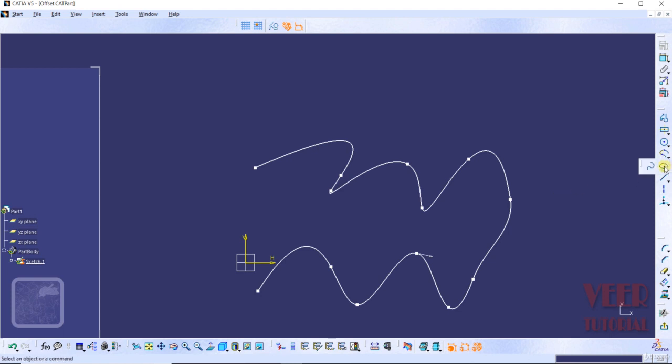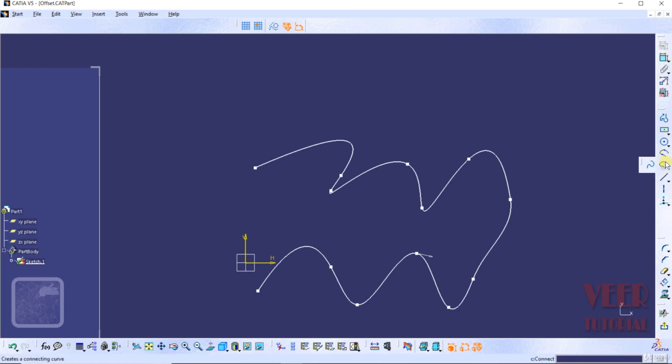Similarly, once again I go to connect. We can also connect it with respect to arc. So select this first spline and second spline. Okay, now it is connected at this point because it has to follow a curvature. That is why it has to connect at this point. So I undo this. And then we can find more options in connection.